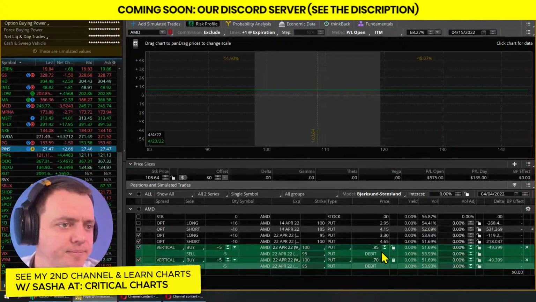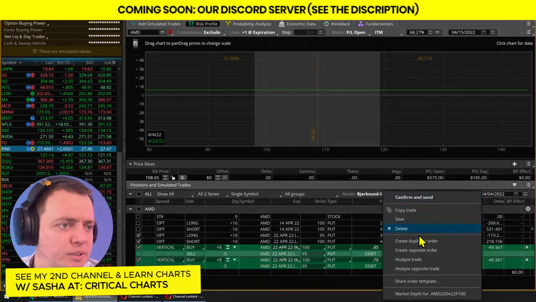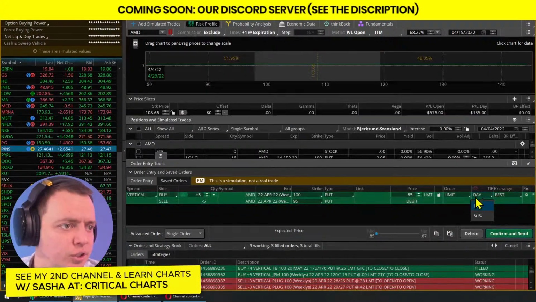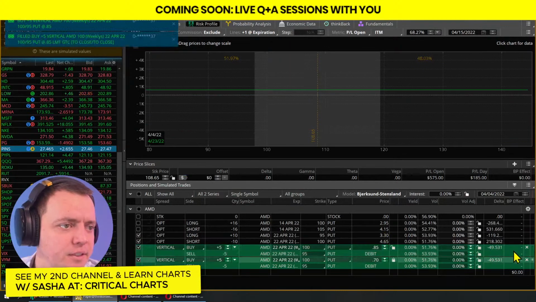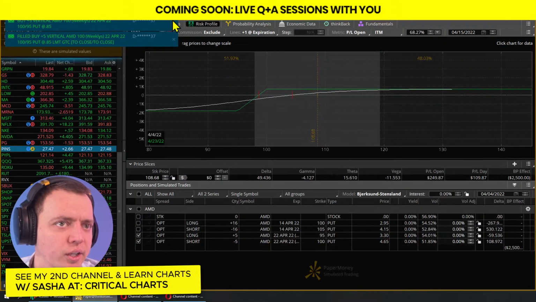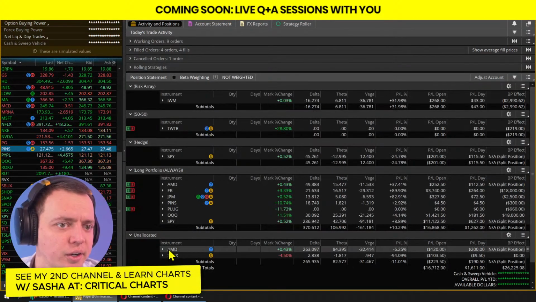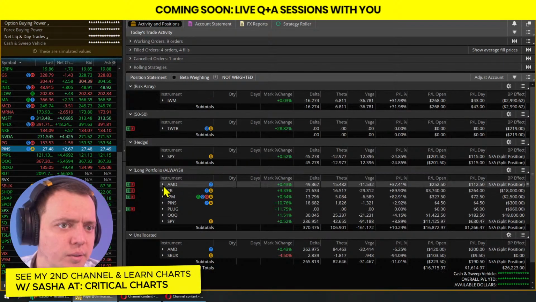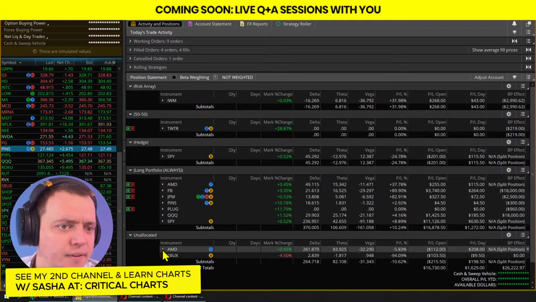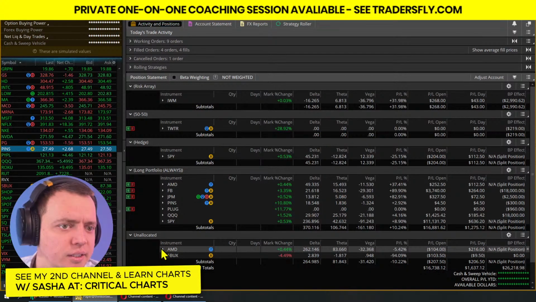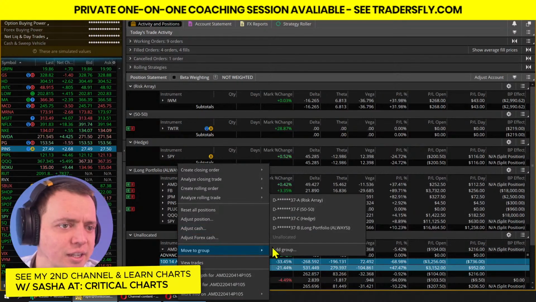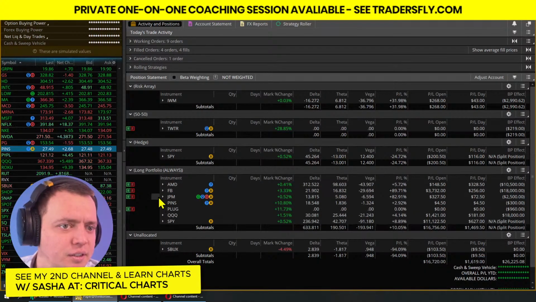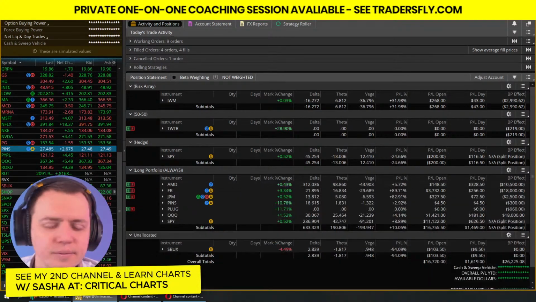We'll get rid of that. And we'll confirm and send. Let's just do the good till cancel just in case. Get rid of that. Close that. And then the other one's working. So we know we've got it working right here. So AMD, there it's in there. This one's unallocated. I'm going to move this back over here. It's part of this, just like organizing your stuff. There we go. Okay. All right.